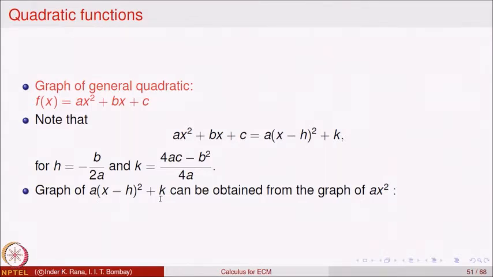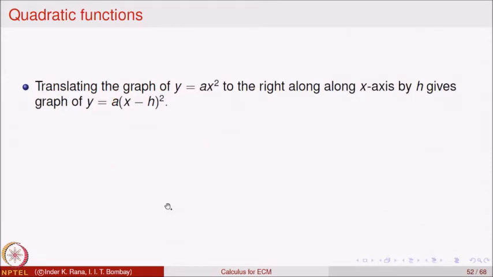So, how does it compare with the equation y is equal to ax²? That says that the y coordinate in the earlier one is shifted by k units and the x coordinate is shifted by h units. That means this is only a shift of origin. The earlier origin (0, 0) is shifted to the origin (h, k) in the new equation, and that means it is something similar to ax² plus b, only we have to translate our origin to the value (h, k).